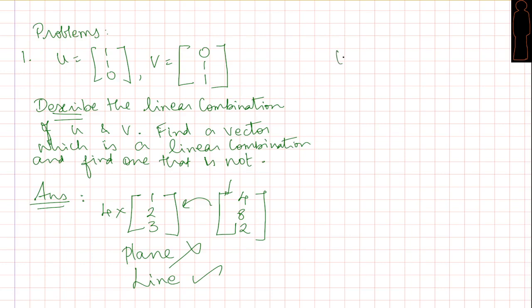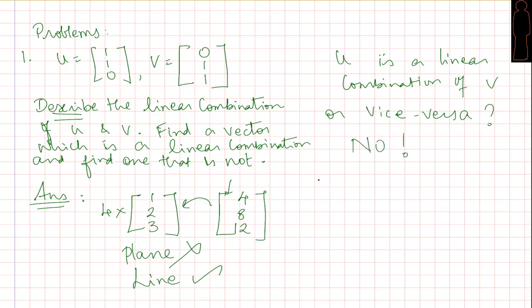Can we say that u is a linear combination of v, or is it possible to do this vice versa? Can you reverse and say, is v a linear combination of u? The answer is no. Why? Because we have got a single vector u and we are trying to see, using this vector, can I produce v? Can I use u, take all its linear combinations, and can I produce v? No, it is going to be impossible. We will not be able to produce this, because you find that there is a 0 here. You will not be able to produce this v.